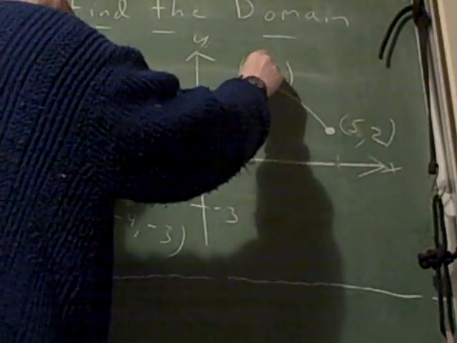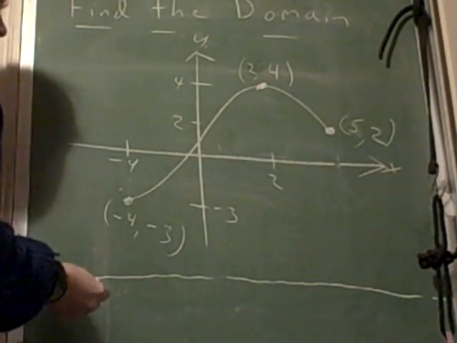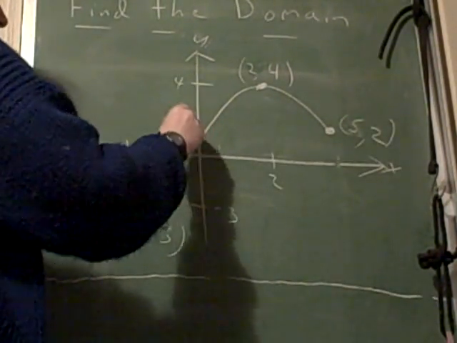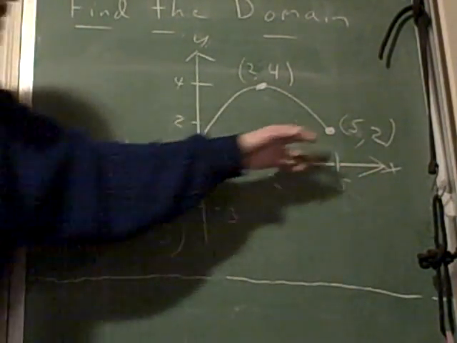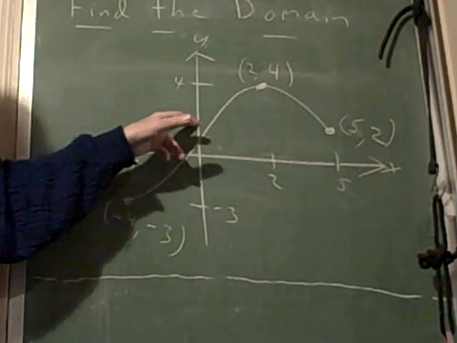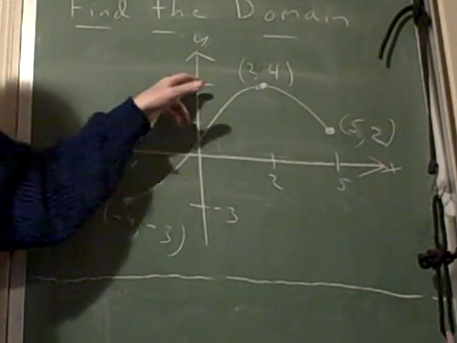And then what do we got here? This is 2, isn't it? And this is 4 on the y-axis. And this is about 2. And then 5 right here, okay? I'm just putting in, if this is 5 and 2, this point, that means the x value has to be 5 and the y value has to be 2. If this is 2 and 4, the x value has to be 2 and the y value has to be